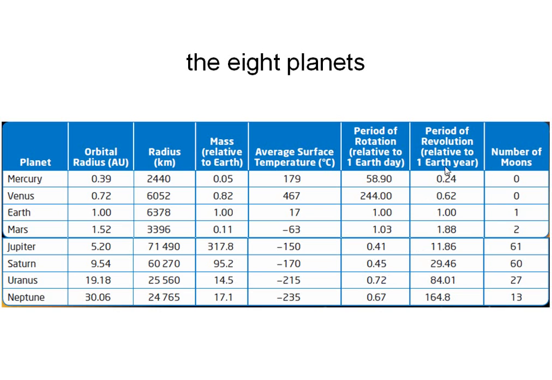Okay. And then how about the revolution? Revolution means moving around the sun. It takes the Earth 1 year to move around the sun, right? It takes about 500 days for Mars to have one cycle. And it takes about 80 days for Mercury to have one cycle, and about 200 days for Venus to have one cycle. So this means the